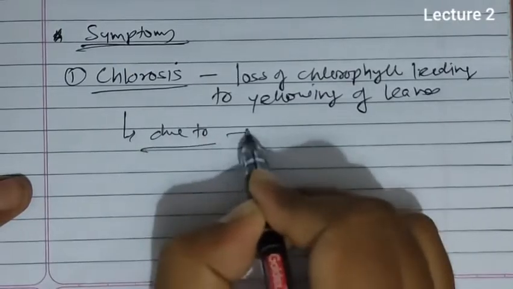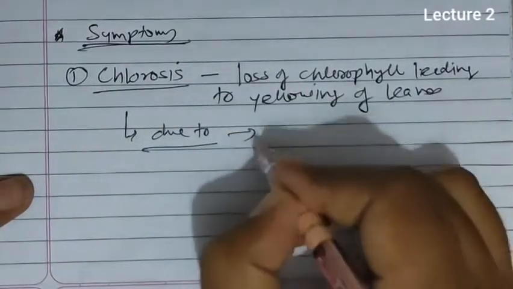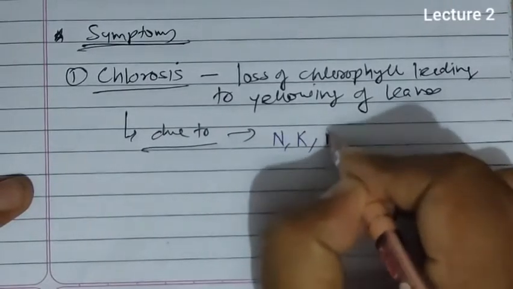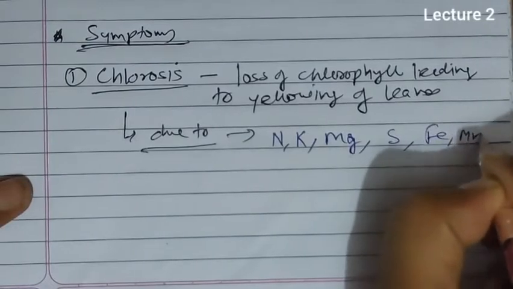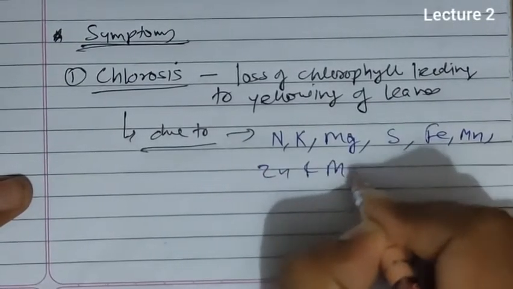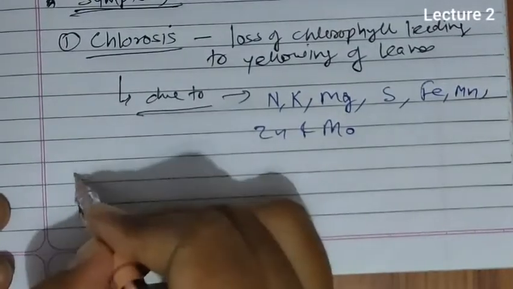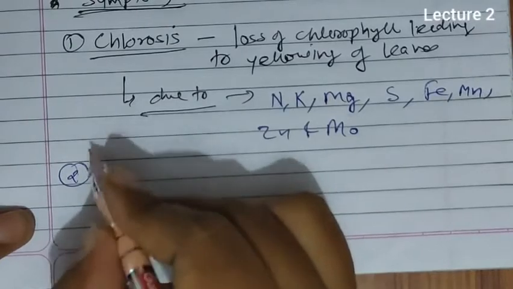Chlorosis occur due to elements like nitrogen, potassium, magnesium, sulfur, iron, manganese, zinc and molybdenum. But when we talk about a second, that is necrosis or death of tissue,